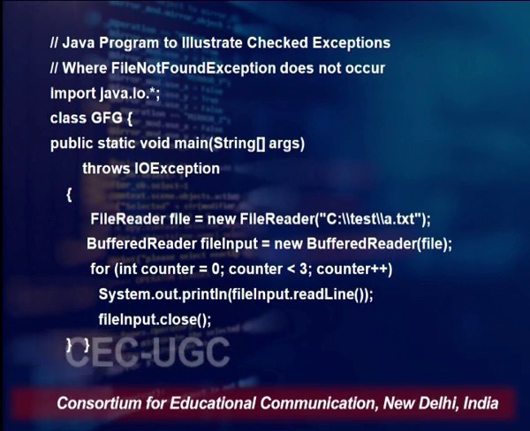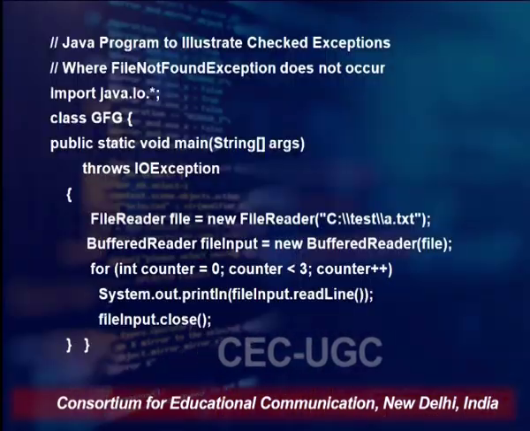Checked exceptions, as we have seen in the program, are something which are examined at the time of compilation, and if your program is going to throw a checked exception, the compiler will not allow you to compile that program unless you handle it. And in order to handle it, either you use try catch or you use the keyword throws. So, here we have handled this input output exception with the help of the keyword throws, and when